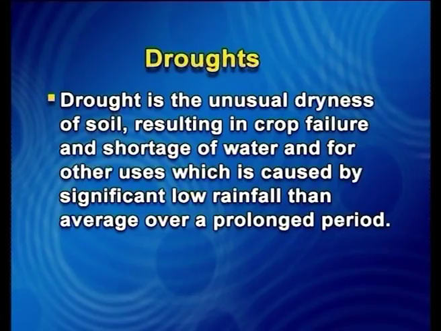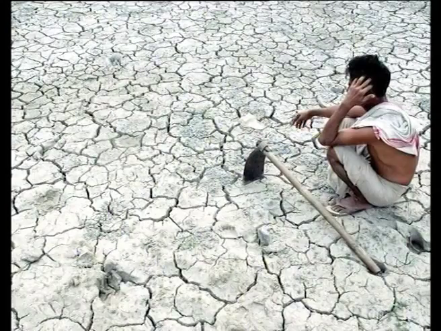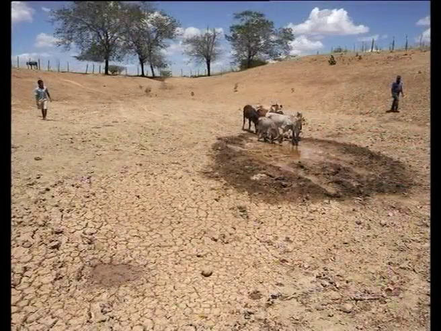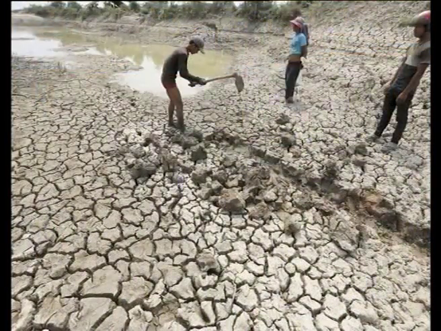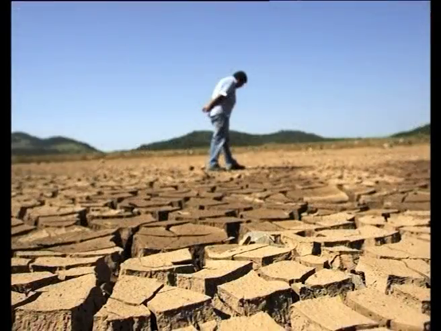Droughts. Drought is the unusual dryness of soil, resulting in crop failure and shortage of water for other uses, which is caused by significantly lower rainfall than average over a prolonged period. Hot, dry winds, shortage of water, high temperatures, and consequent evaporation of moisture from the ground can contribute to conditions of drought. Well-known historical droughts include the